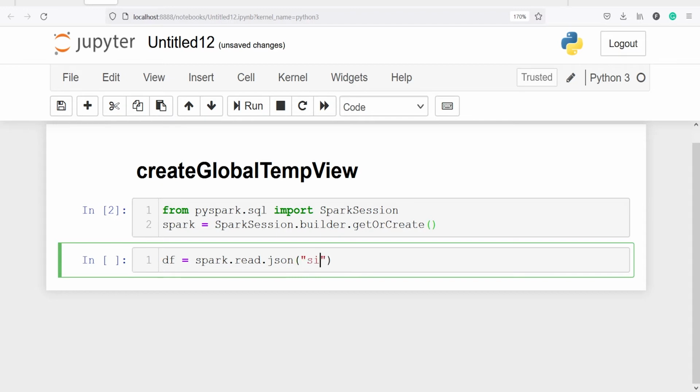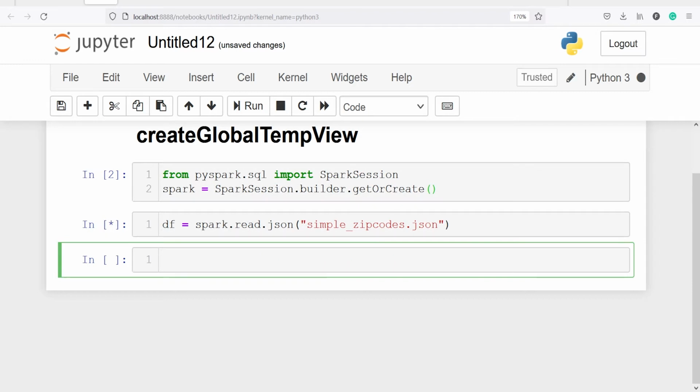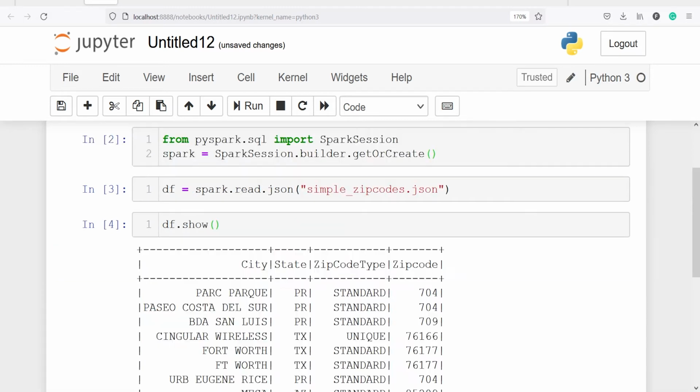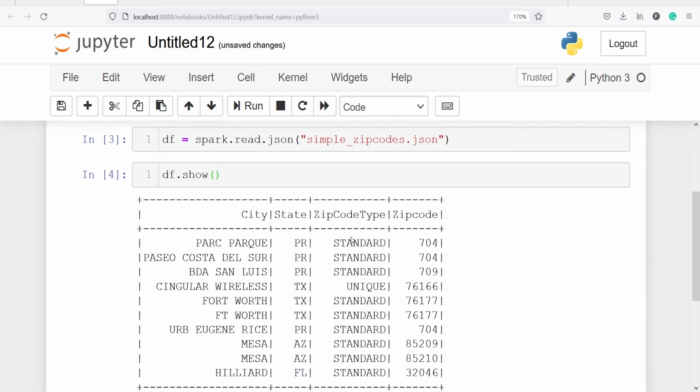My JSON file name is simple_zipcodes.json. Let's execute our code. So we have saved this JSON file in this variable df, and to look at the data frame we will use the method show. I will write df.show. Let's execute our code. So here you can see this is our data frame.